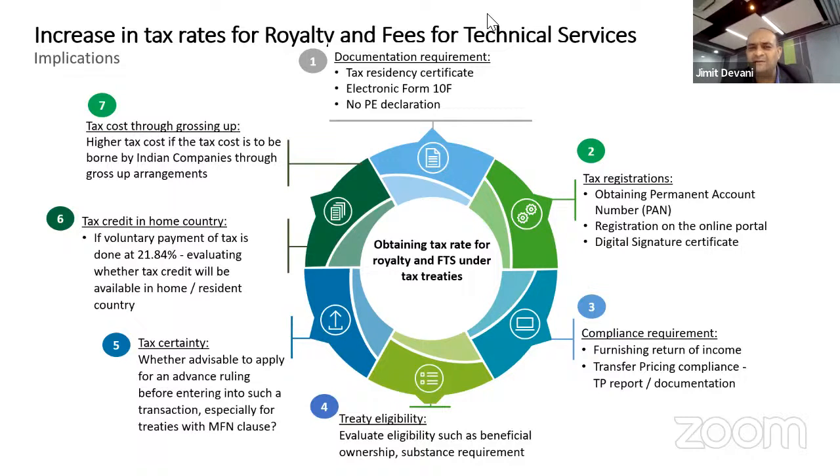Yes. So the vendor has TRC, and 10F has to go with it. You need to also ask that person to provide 10F. If they do not have a PAN, till 30th September you can take a manual 10F. After 30th September, it has to be mandatorily online. They will have to obtain a PAN and provide an online 10F. Else, you will have to withhold taxes as per the domestic law of India.